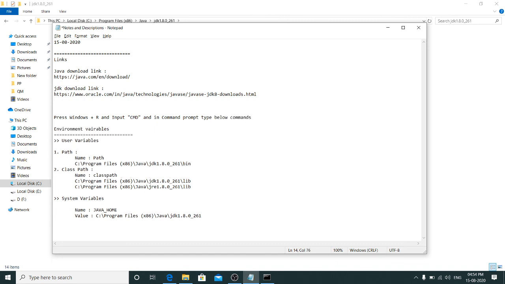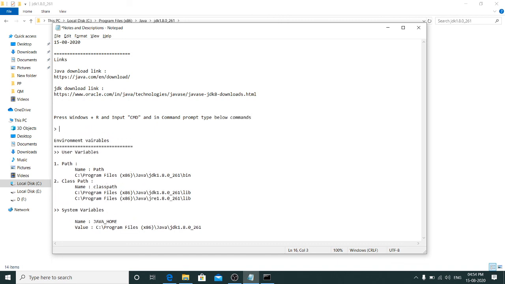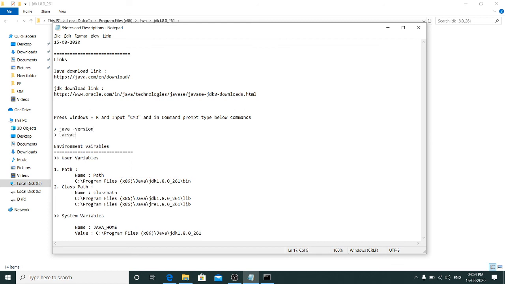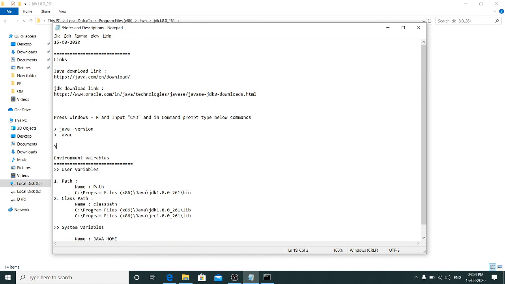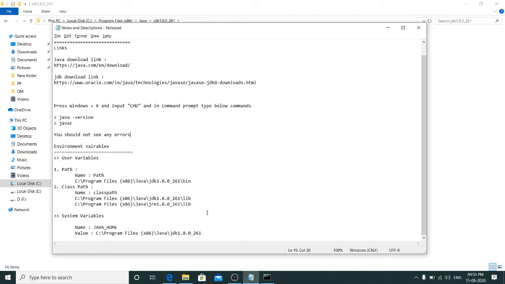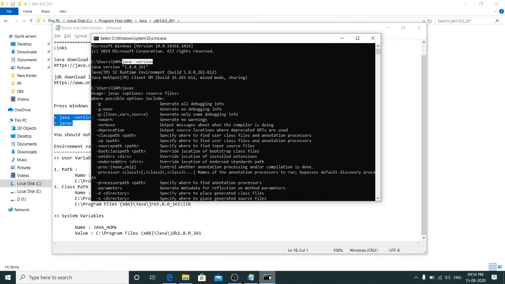One command which you can use is java -version. The other command is javac, and you should not see any errors. I'll be providing this text in the description box. You can try to run these commands in the command prompt. So that's all for now.